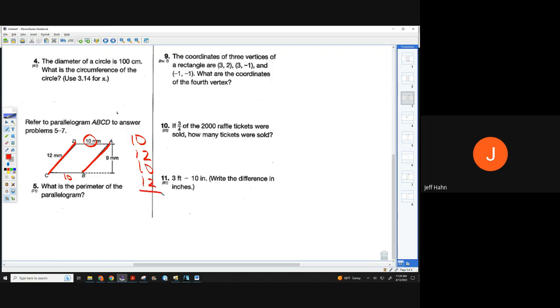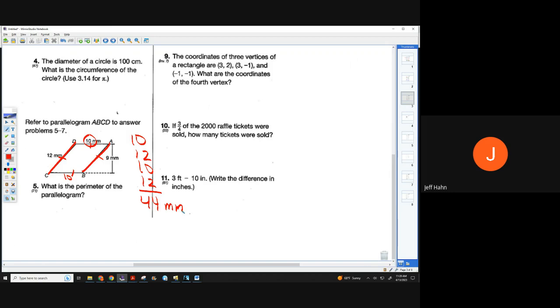The 9 is not part of the measurement of the sides of the shape. It gives you the height of the shape. You only need the 9 to find the area, not the perimeter. So perimeter is just the 4 sides. So you'll have double: 2 10s and 2 12s added together, 44 millimeters. It's a good question, because people can get confused on that. Gracie,